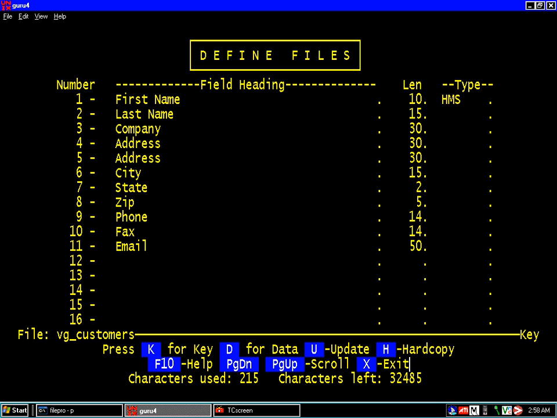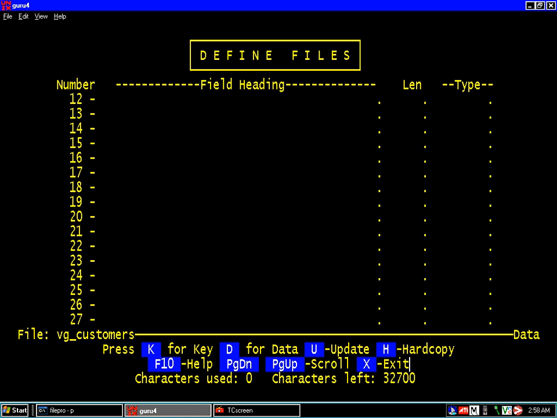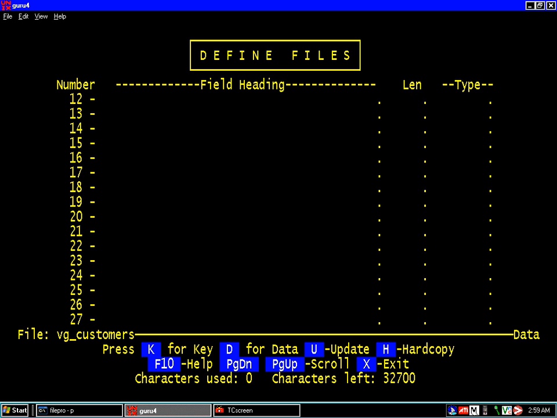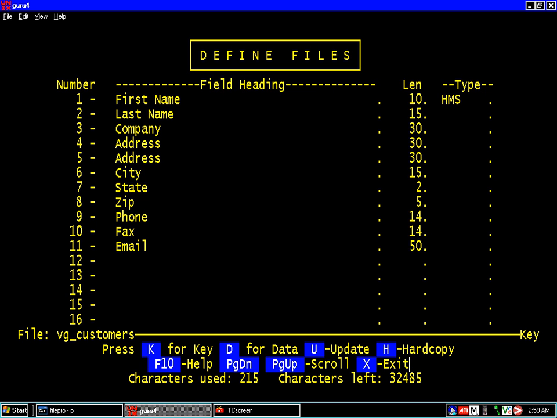The authors of Filepro decided to have two segments or two different files to let you put fields in two different files. One file called the key and one file called data. And the key was, at that time, all the things that you could sort on and select on. It meant something. Today, it doesn't mean anything at all. You get 32,768 characters per record, whether you put them all in the key section or all in the data section or in both. I would probably guess that you will never have a need to use the data